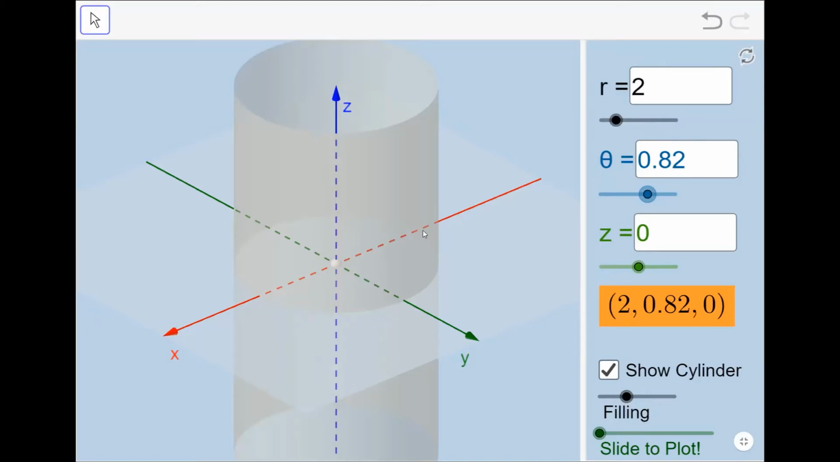We know that pi radian is equal to 180 degree. Pi by 2 radian is equal to 90 degree. Pi by 4 radian is 45 degree. And the value of pi is 3.14. Here I take theta is equal to 0.82 radian, and